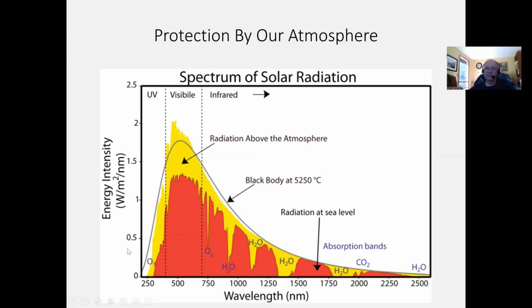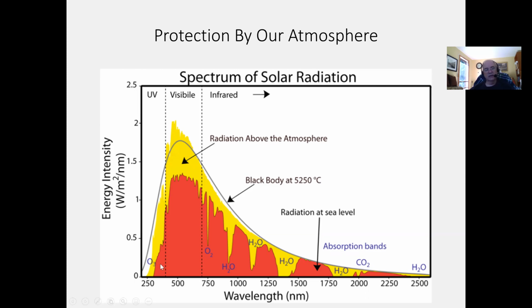Take a look at the other side. You can see there's plenty of ultraviolet light coming from the sun. But look what a good job the atmosphere does in cutting that ultraviolet light down. From the yellow down to the red is quite dramatic. And you see the ozone, O3, there. That is what is absorbing so much of the ultraviolet light. So just a very little bit of ultraviolet light actually gets down to us on the surface, thanks to the ozone layer. You remember the great problem we had back in our youth when the ozone layer was disappearing,